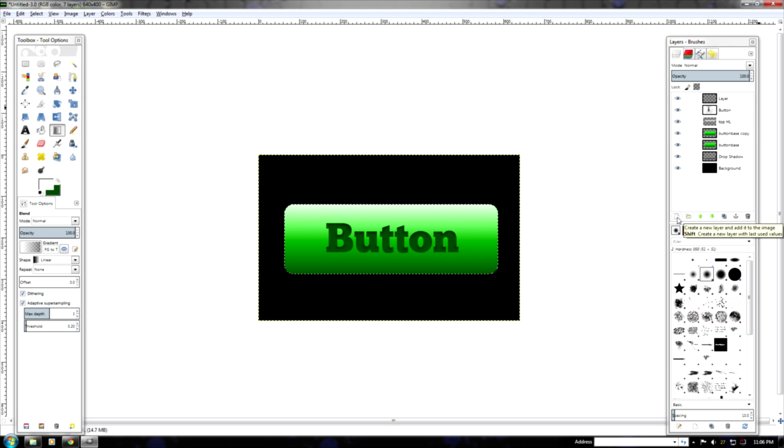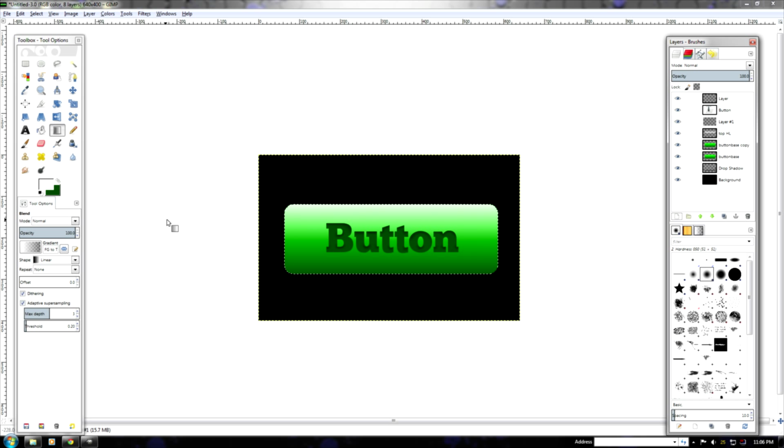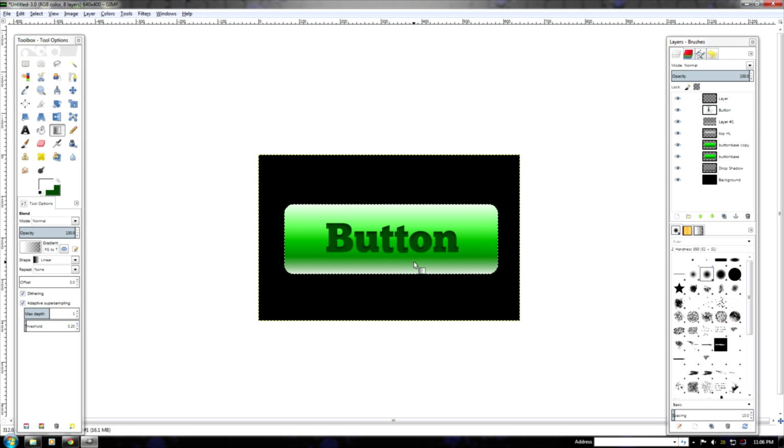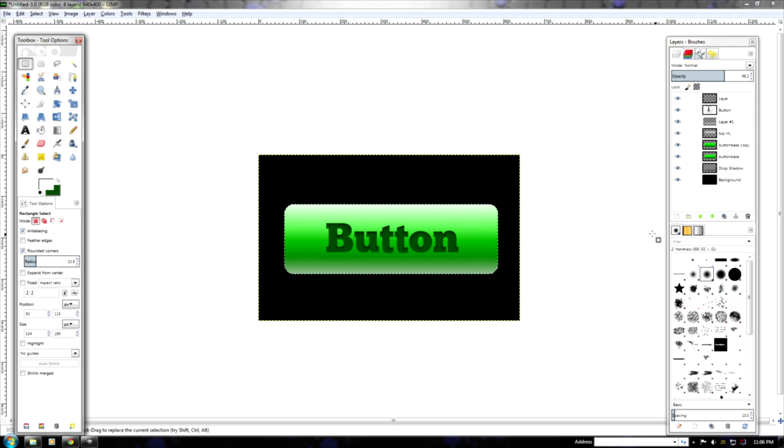And we're going to make another new layer. And we're going to make a gradient on the bottom. And this one we're going to turn the opacity down quite a bit. And now we're going to grab our square selection tool, hit new layer,